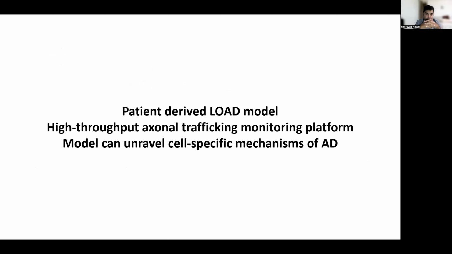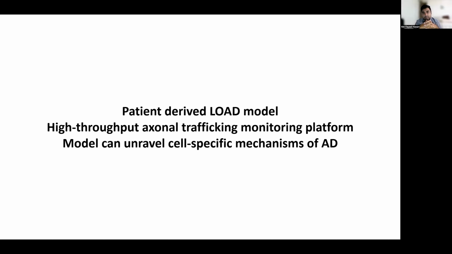So now, we got these patient-derived Alzheimer's disease models. Now in an industry setup, my work is to use all these techniques to develop a screening or assay model to make a new Alzheimer's disease drug. Because you probably have heard that there are some new drugs recently for Alzheimer's disease, but none of them actually works super great.